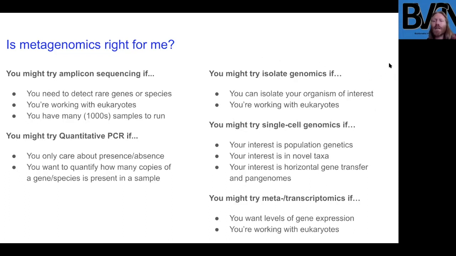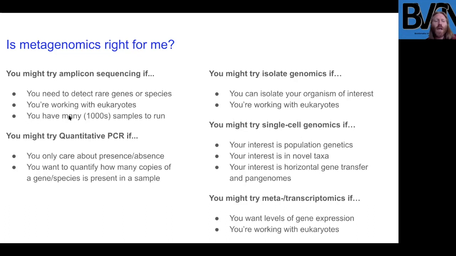Quantitative PCR is another option related to amplicon sequencing. For example, if you only care about the presence or absence of something, or if especially you want to quantify how many copies of a gene or a species is present in your sample, that's probably a better way to go than using